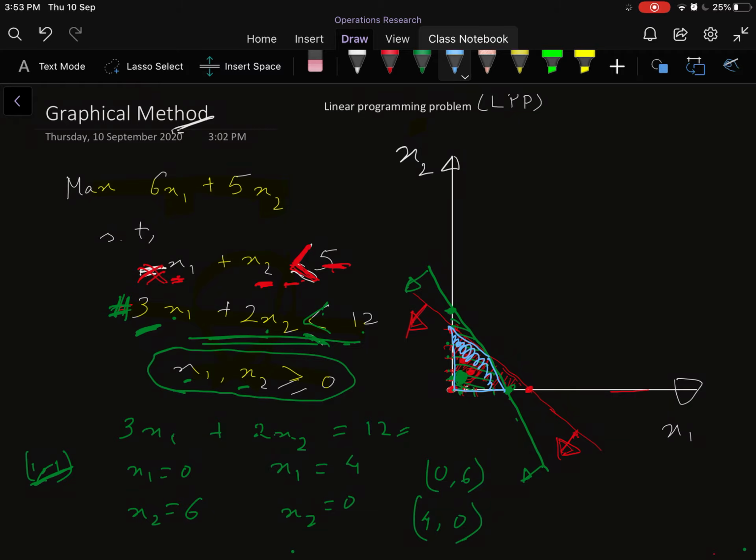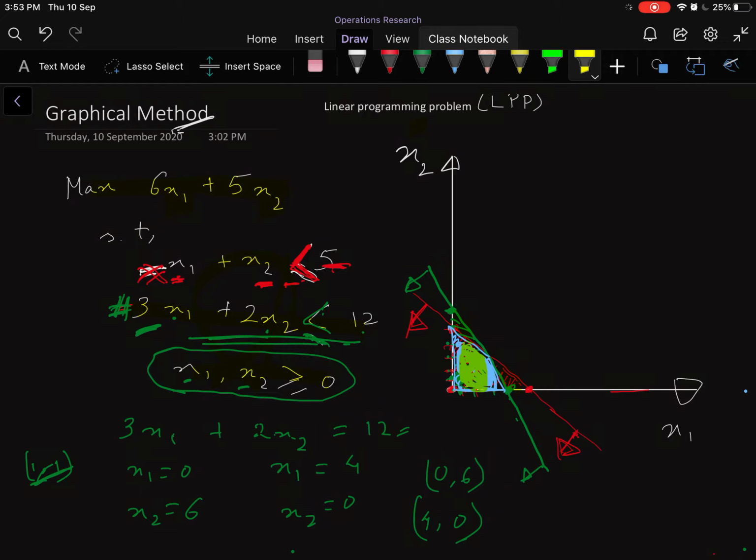This region is common to both the shaded regions, and this is the region which definitely satisfies all the constraints. See, this part of the region satisfies only the second constraint. This part of the region satisfies only the first constraint, but this is the region which satisfies all the